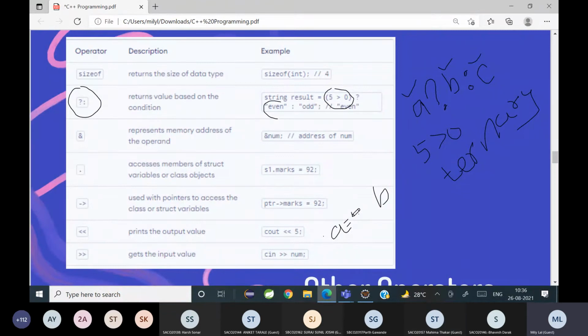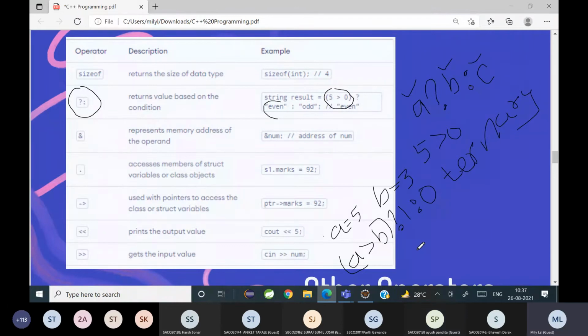Okay. What is the value of B? 3. Okay. Now how will I write? If A is greater than B, then return true, else return false.